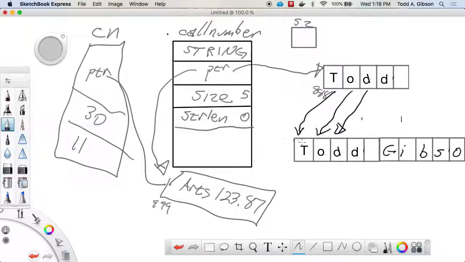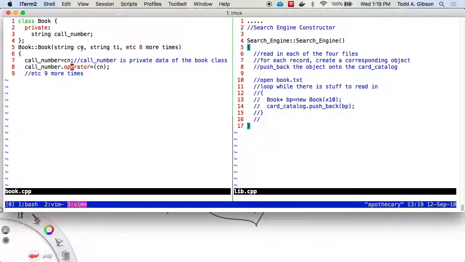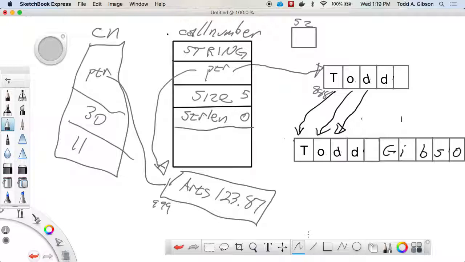So this makeup here is going to be wrong because in this example, CN is a variable that's going to go out of scope at the end of this member function, whereas call number is not going to go out of scope until the book object itself dies. And since they have different lifetimes, what's going to happen is we hit the bottom of this function, CN's destructor is going to run, we'll release this memory, and now call number's pointing to memory that has not been allocated to it any longer. So you can get away with these kind of bitwise copies for the built-in types, but if it's a complex type, then you have to be a little more